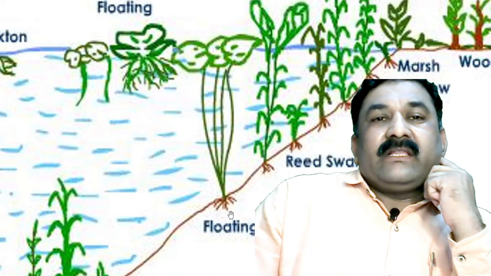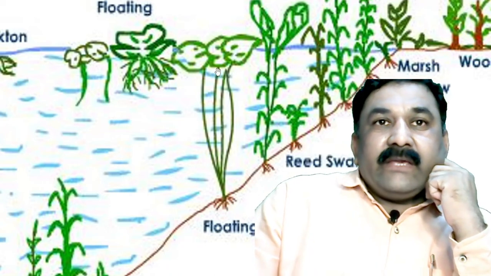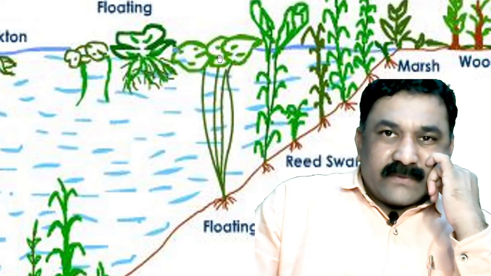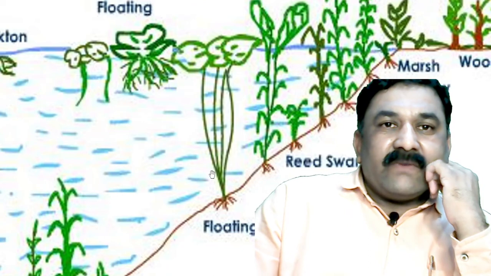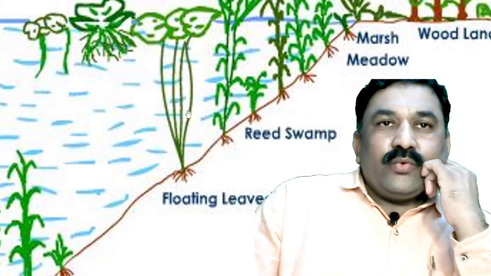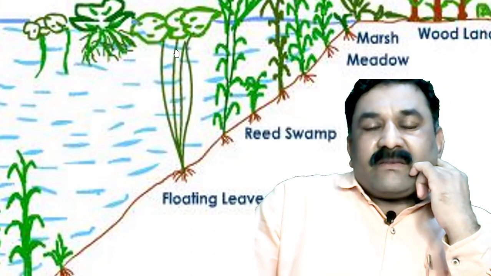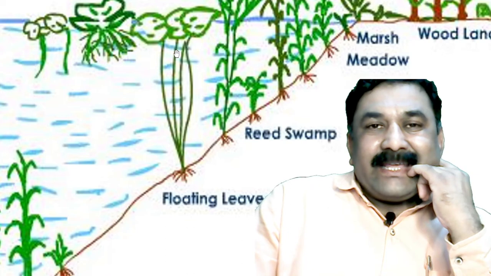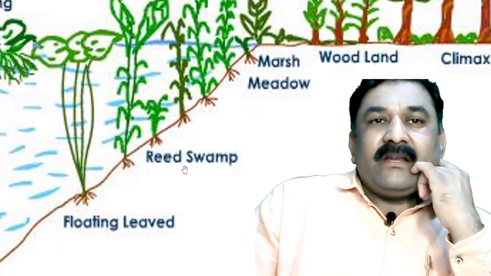This means that the seeds are germinated and their leaves are coming onto the water surface. If such plants are developed, definitely this will not allow these plants to survive hereafter. So there will be a huge population of such plants in this water body. And once these plants will be dying and decaying, there will be further changes and the reed swamp plants will